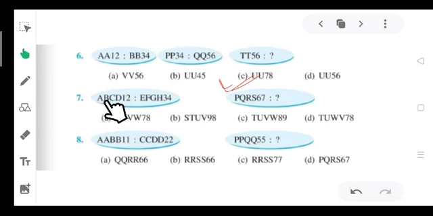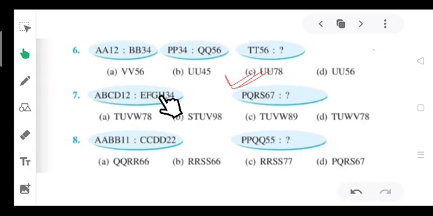And here B, then C, D, E jumped. F comes here. Then C, D, E, F we will jump. Then G comes. D, again a 3 letter jump. E, F, G. Now next will be H. And the same here, 1 is an odd number, next odd number is 3. 2 is the even number, next even number 4. Okay. Now the same rule will be applicable here also.